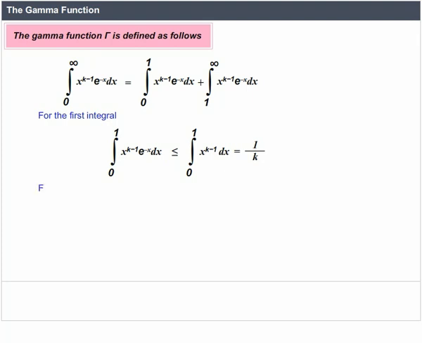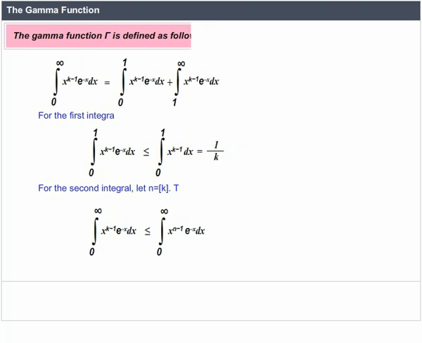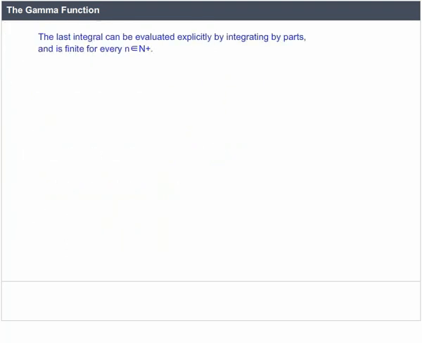For the second integral, let n be greater than or equal to k, then integral 1 to infinity x power k minus 1 e power minus x dx is less than or equal to integral 0 to infinity x power n minus 1 e power minus x dx. The last integral can be evaluated explicitly by integrating by parts